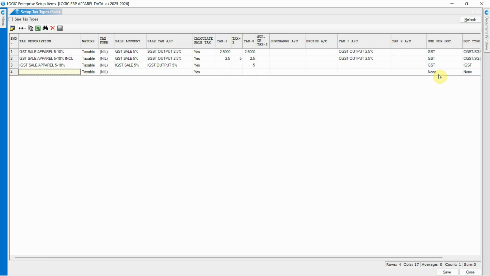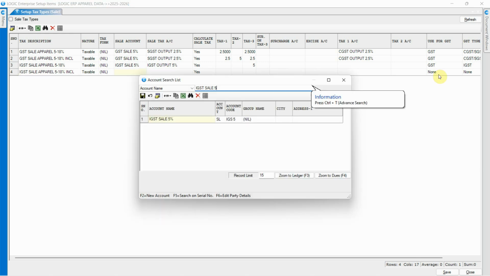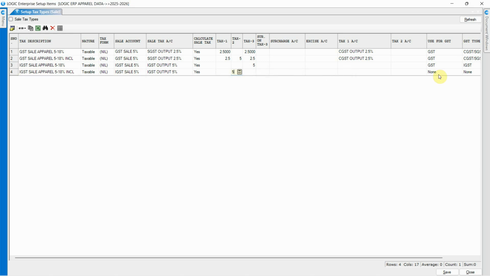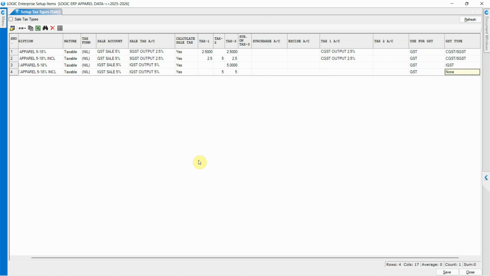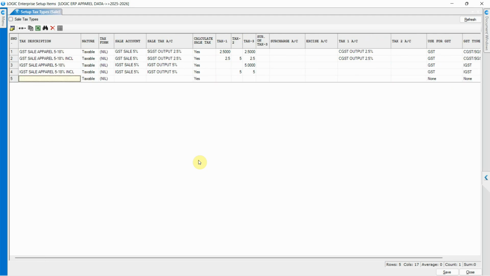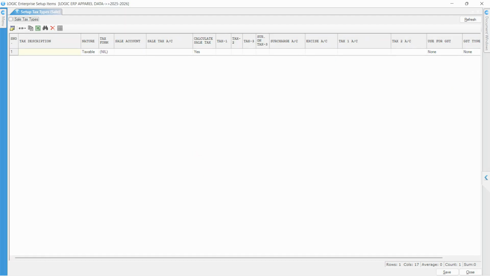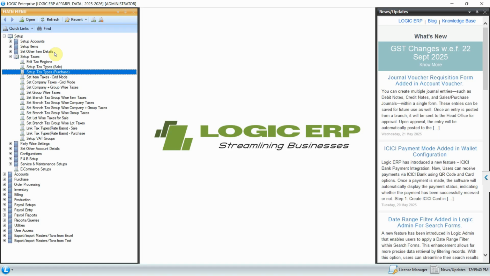Similarly, create the tax type for IGST sale apparel 5, 18% inclusive. Define 5% in both the tax 2 and tax 3 columns and then save the settings. Now let's create tax types for purchase in the Setup, Tax Types, Purchase module.